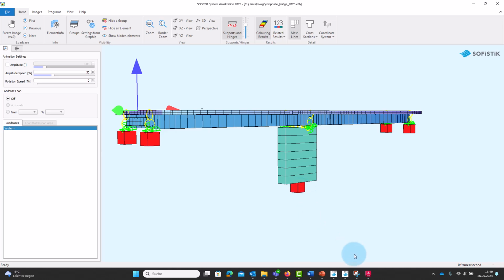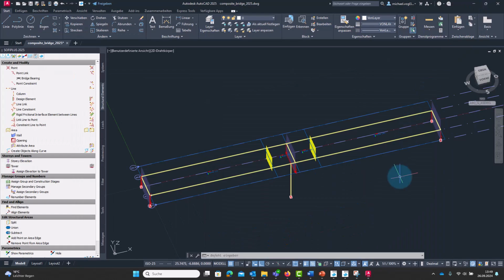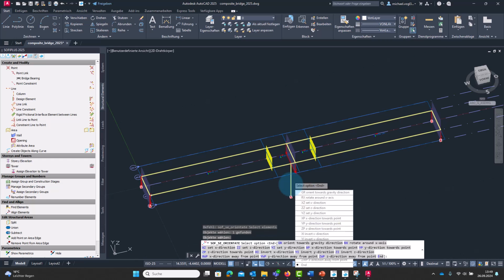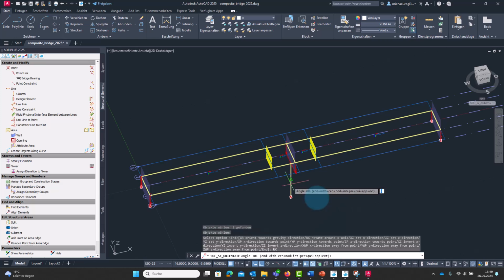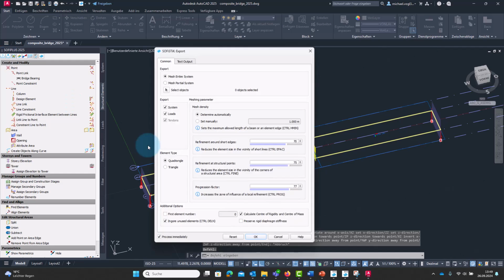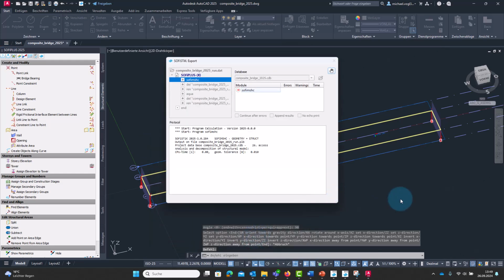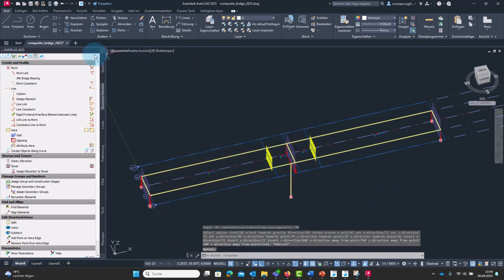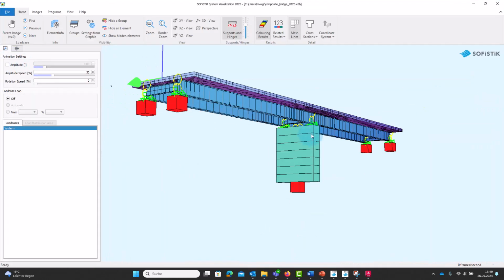So we go back to SOFiPlus, select Align Elements, select the pier, and we want to rotate it around its local x-axis and use an angle of 90 degrees for that. Okay, let's export it once again. Yeah, that looks better now.